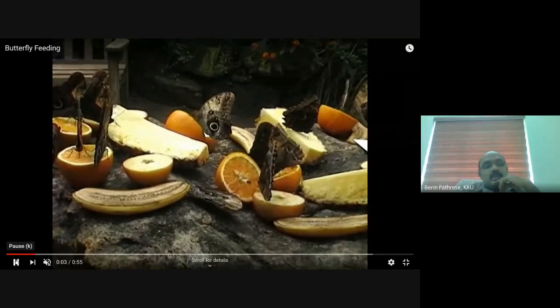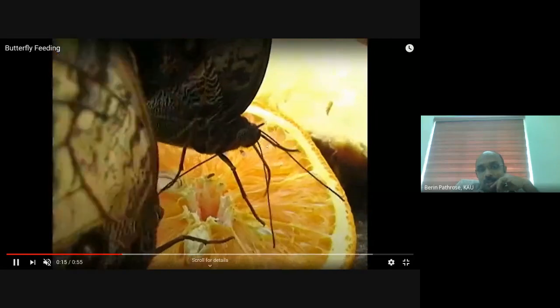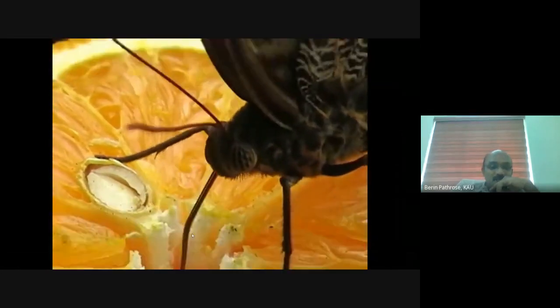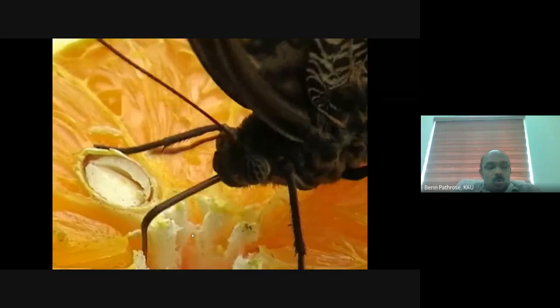See this video. This butterfly is feeding on the cut citrus fruit. You can see it over here, the elongated proboscis, it is the modified galea. It is sucking juice from the fruit itself, not from the flowers. So this is how a mouthpart is modified in butterflies. One thing you can understand from all this is that based on the kind of food consumed by the insect, it has modified its mouthpart.